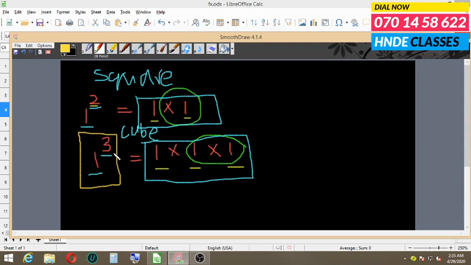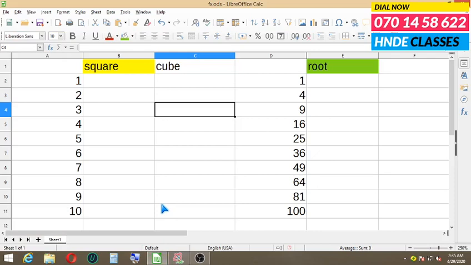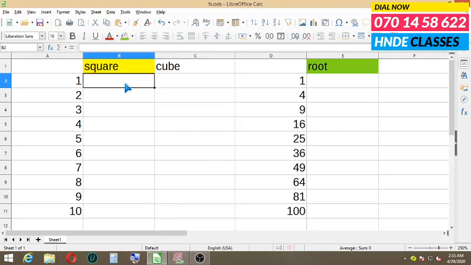To understand that, we should understand what is the base, what is the exponent, and what do you mean by power. Once again, coming to the technical side of this video, if you are in Microsoft Excel, all you have to do is just type equal and pinpoint the base.